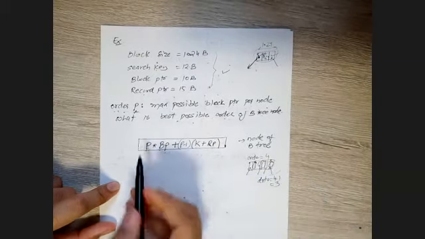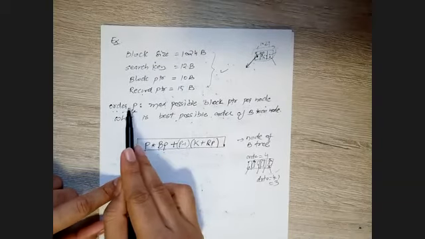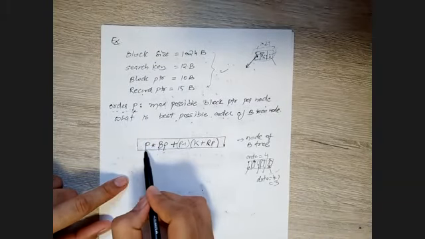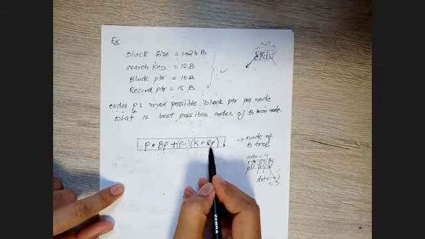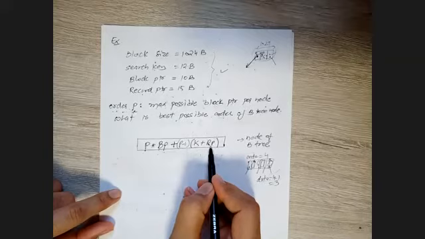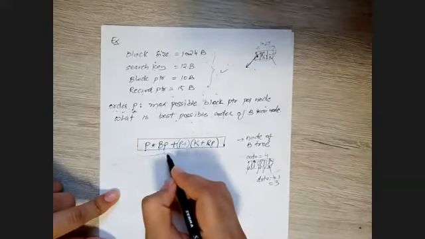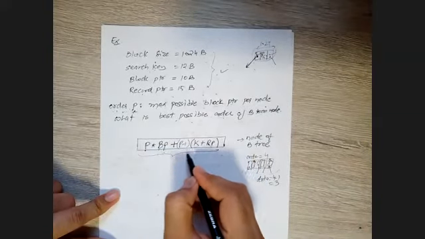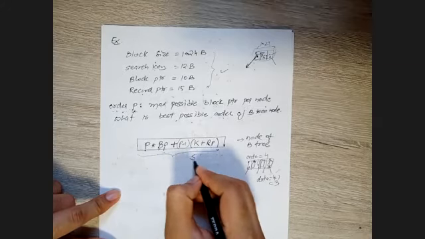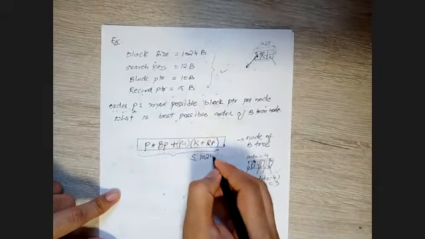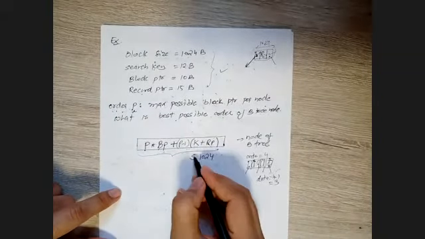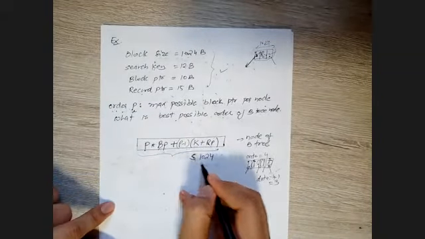That is, if we have P, because the order we don't know, this is a number. If we have P block pointers, then we'll have P minus 1 keys plus record pointers. So the sum of your size should be less than or equal to this block size, which is 1024. It can be less than or even equal to.